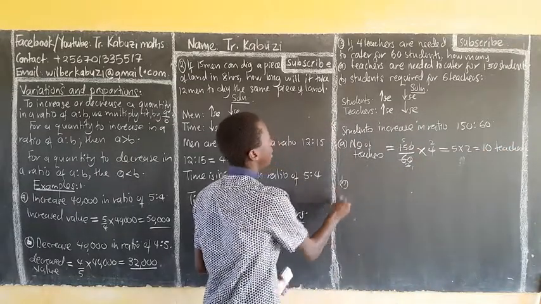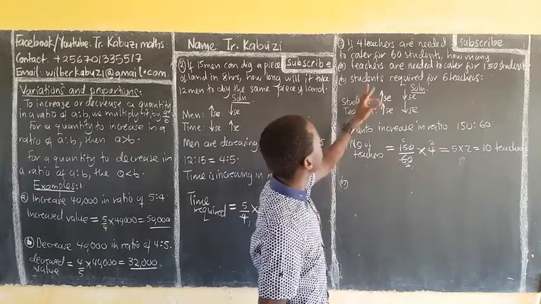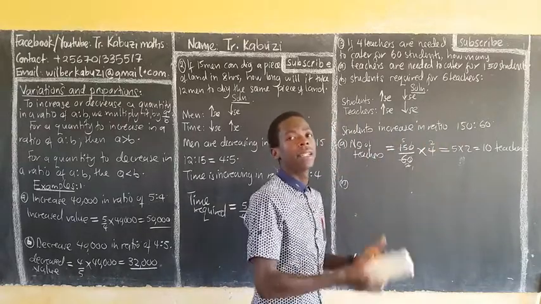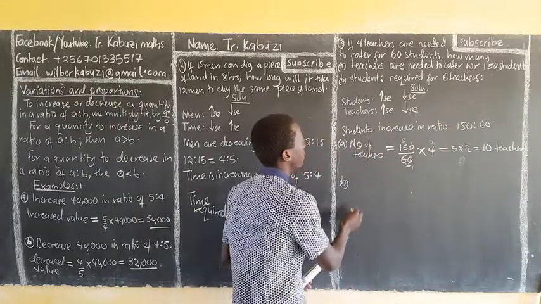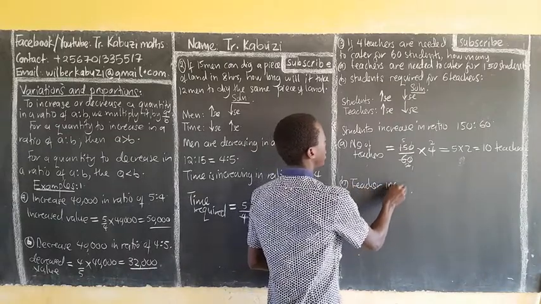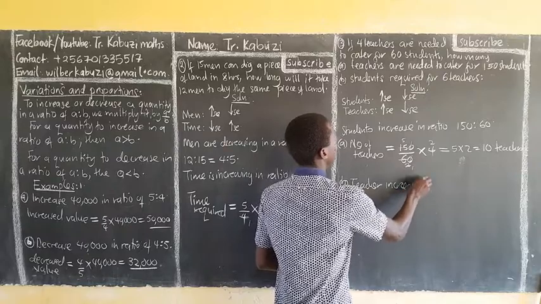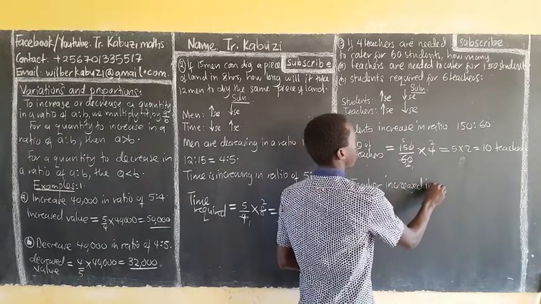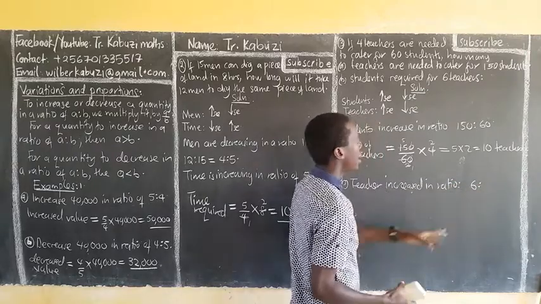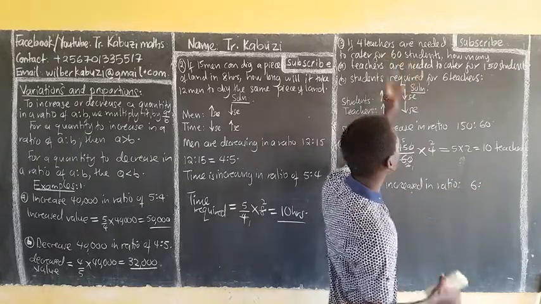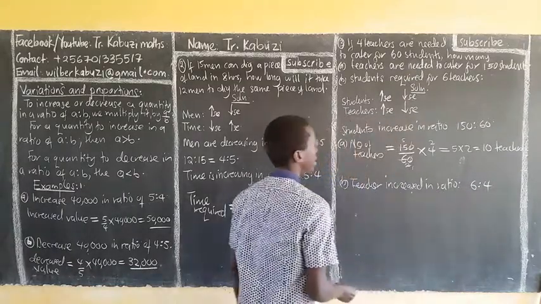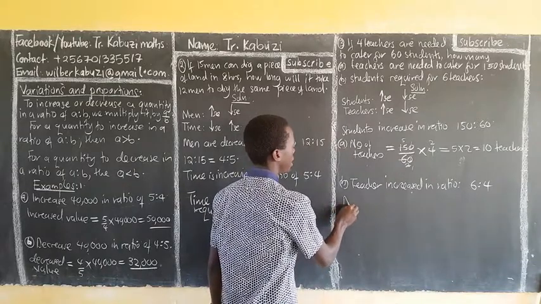Then in part B, you see, now students required for 6 teachers. Now so we are increasing also teachers. If we increase teachers, it means that even the students are increasing. So you say now teachers increase in ratio. So teachers increase in the ratio 6 to, they increase it to 6 from how many? From 4. It means that if they are increasing in this ratio, even students are going to increase in this ratio. So number of students will be